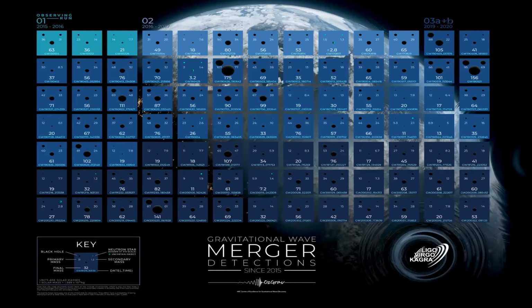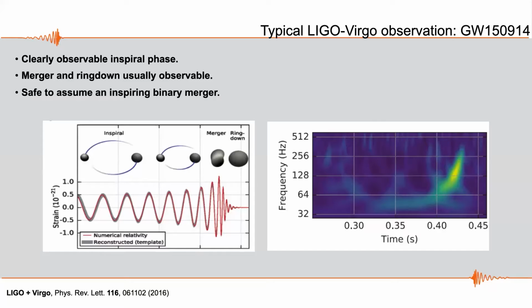We can do population studies that let us understand the properties of the environments in which these things are forming. Are they dense? Are they less dense? We can study the formation rate of black holes through the history of the universe. And of course, we can do cosmology. The simplest thing to guess is, if we get gravitational waves from one side and light from the other, we can compute redshift and distance, and therefore try to study the Hubble constant or try to extract its value. So let's go about how we try to infer the parameters of these things.